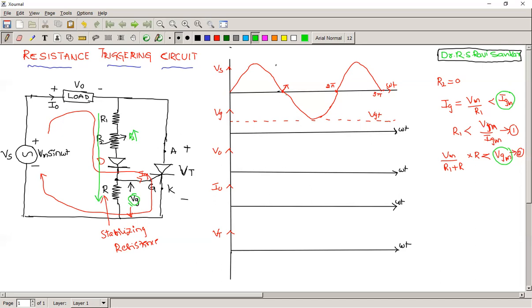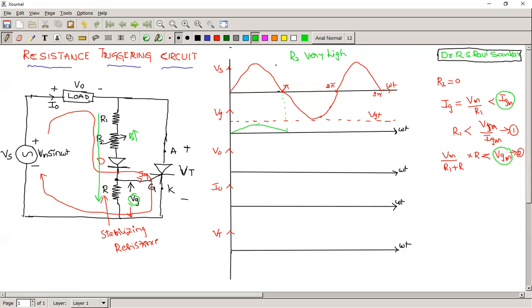But make sure that in this case we are assuming that we are maintaining R2 very high. So the voltage across the R is sinusoidal,